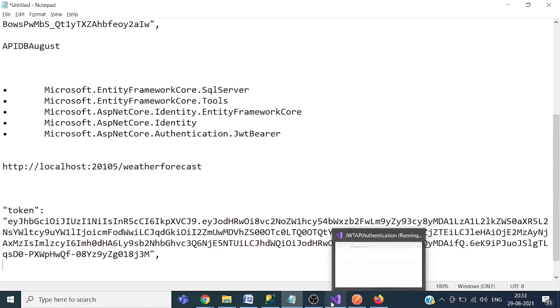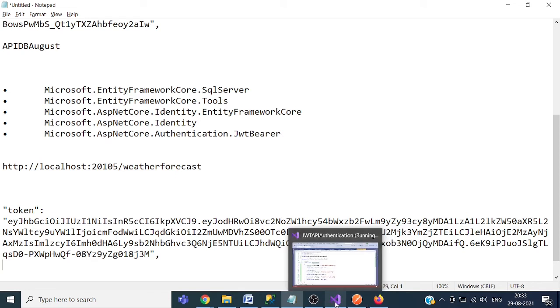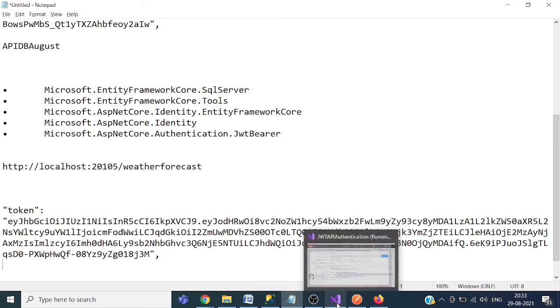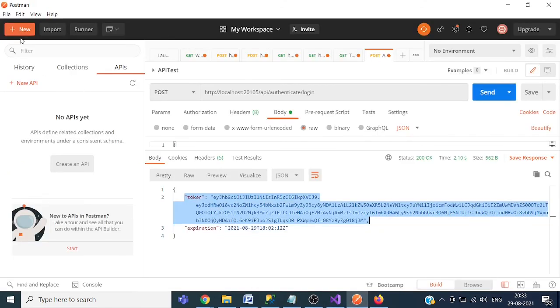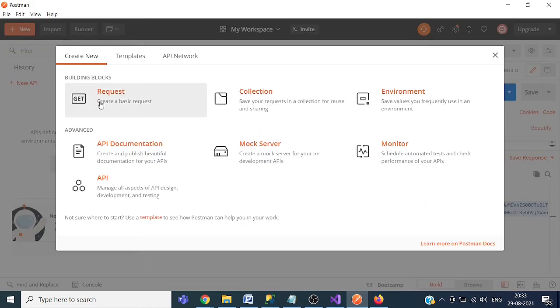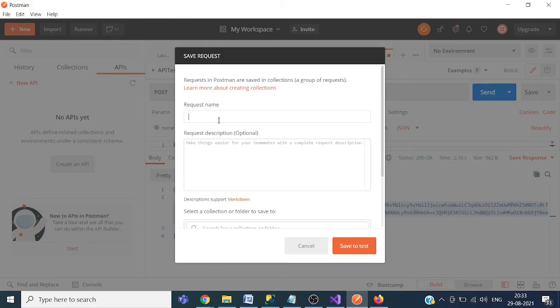So now we will call our API again, weather API. Okay. So for calling the weather API, click on new request, weather API.